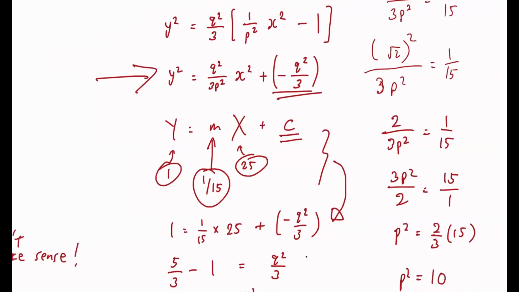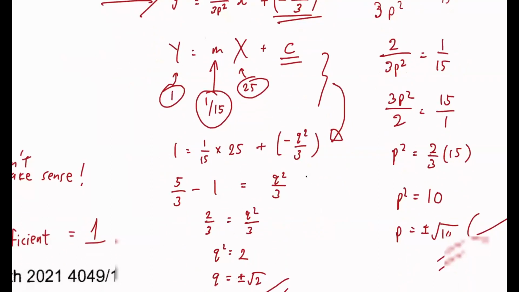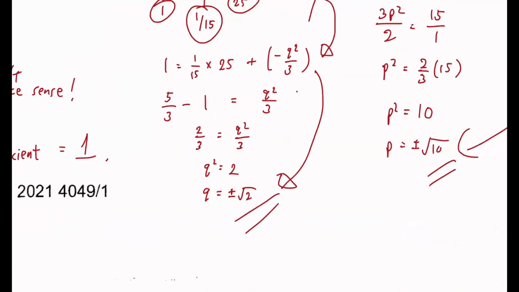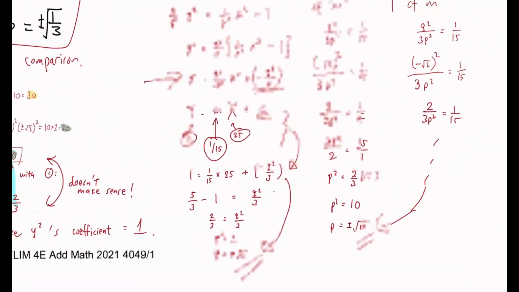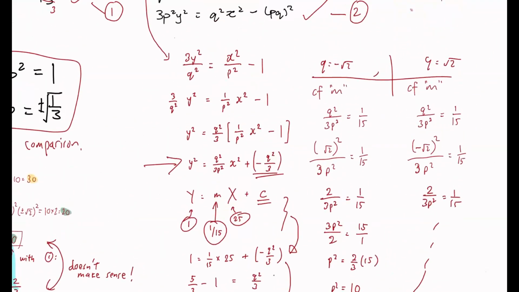And then from there, you can solve for q. Q equals plus minus root 2. I'll leave you to check the working on your own. And after you got the q, you do something similar to solve for the p. Because what we have now is,